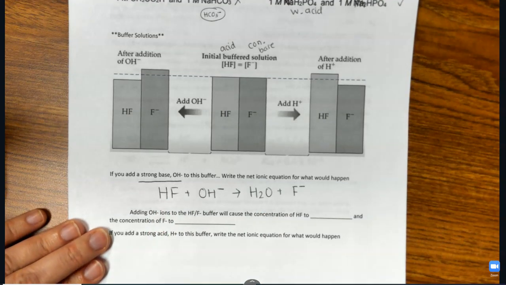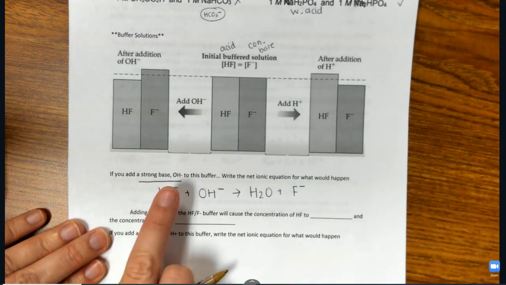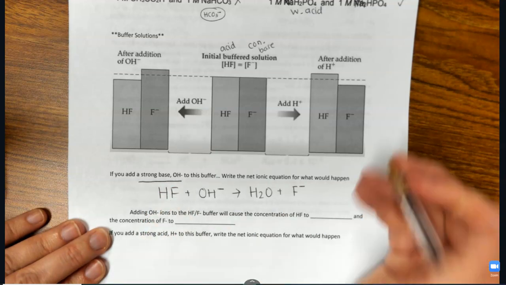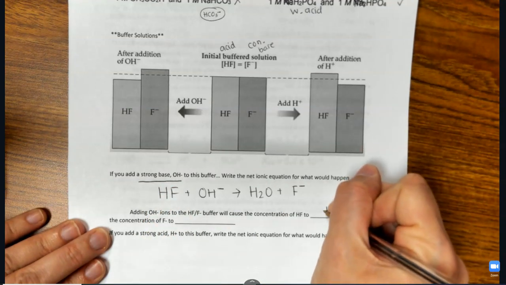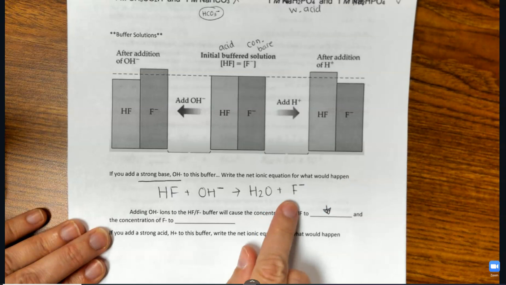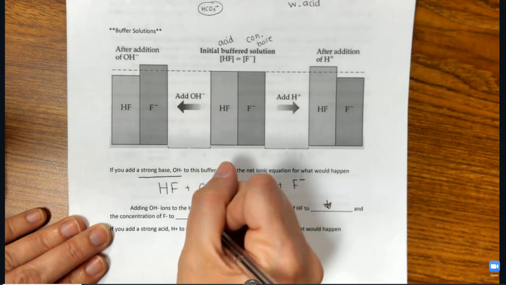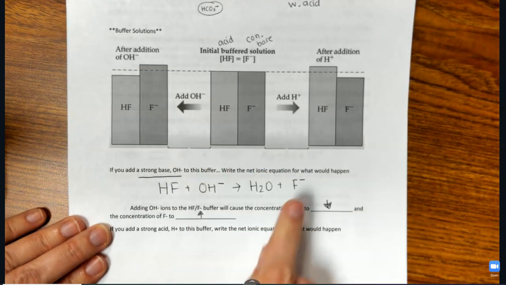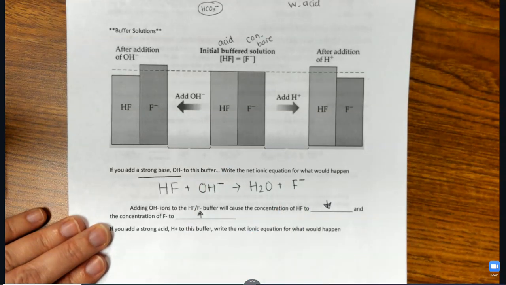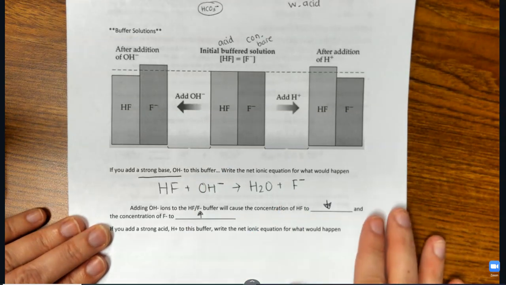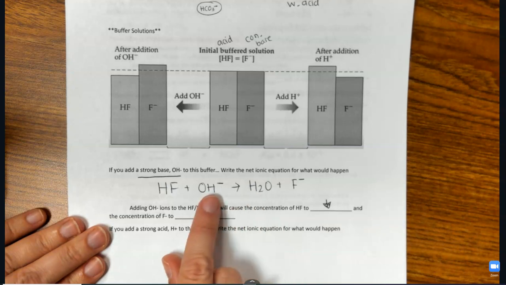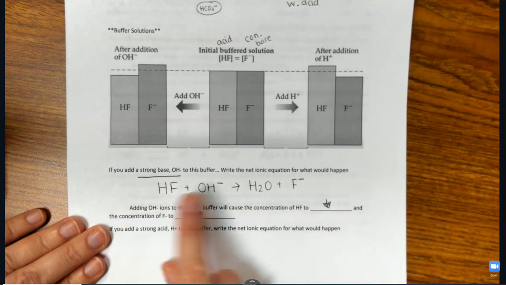And so let's fill this in. Adding OH ions to this buffer will cause the concentration of HF to go down, because now you're going to use some of your acid, and the concentration of fluorine ions would go up because you have made fluorine anions. But again, there would be no pH change because you add a base, but it gets neutralized,